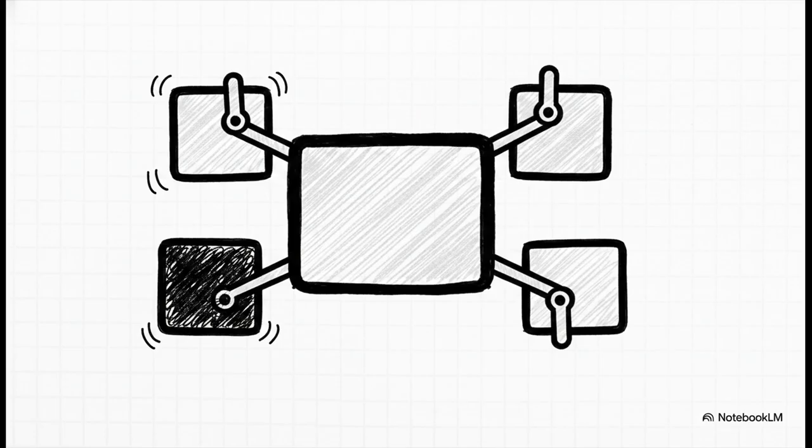The second pillar is Decoupled Gated LoRA, or DGL. LoRAs are essentially these small, highly adaptable modules attached to the main model. UniVidX assigns an independent LoRA to each specific modality. And crucially, these are gated. A modality-specific LoRA only activates when that exact modality is the target being generated. This is absolute genius because it completely stops the parameters from interfering with one another, preserving the vital native priors